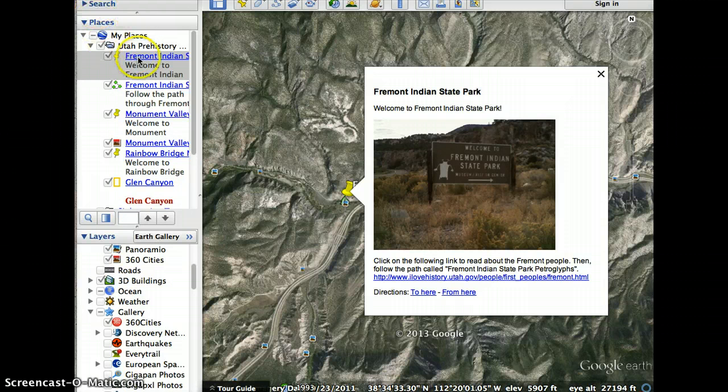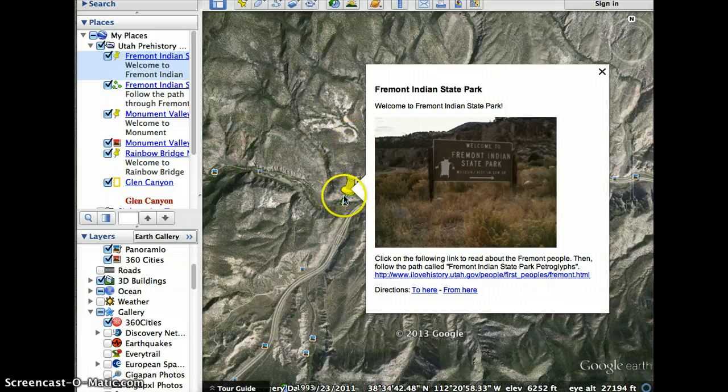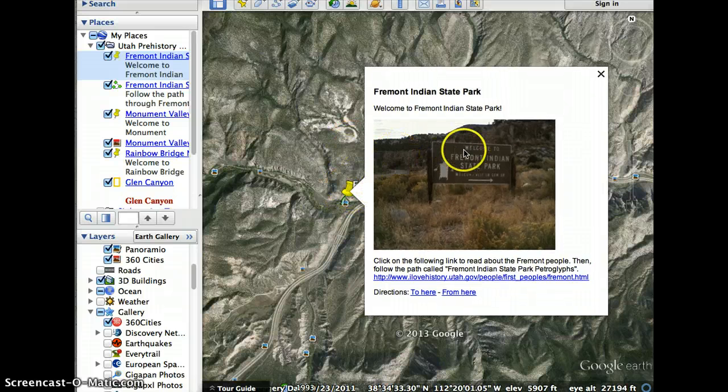So the first place that we're going to visit in the field trip is Fremont Indian State Park. I'm going to click on that in my Utah Prehistory tour, and here's our place marker. This is a picture of the welcome sign, and then I'm going to have the students go to a site that's about history for kids,